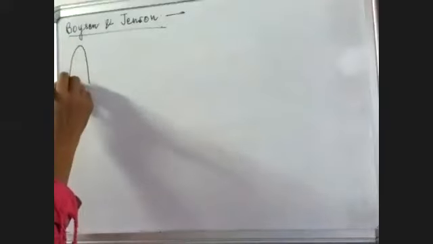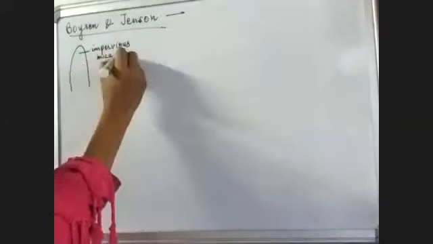In this, I told you he took the coleoptile of a plant, and first he inserted the mica strip on this side. Mica strip is impervious. That means it doesn't allow movement of molecules. So auxins are produced at the tip of the coleoptile, and from the tip, because of the presence of this mica strip, they cannot move down.